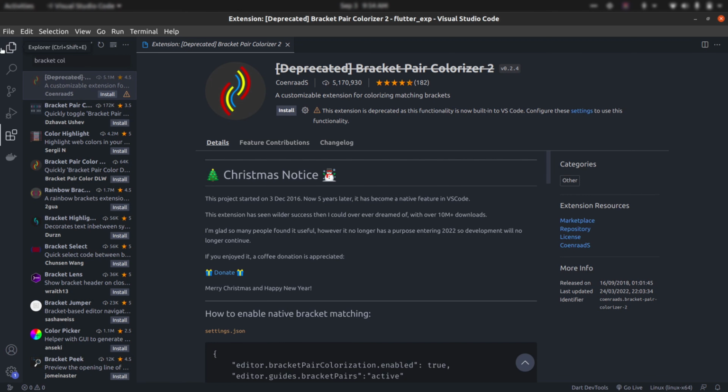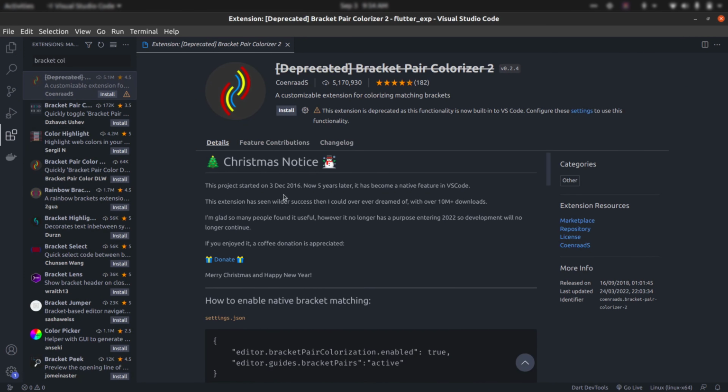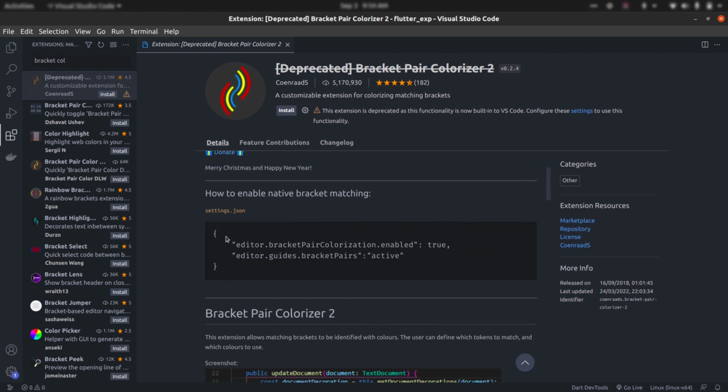So you only need to open your VS Code settings and add 2 lines of code there, and after that it will work perfectly fine. You can get the documentation here as well. You can see in your settings.json file you have to add these 2 lines. So how? Let's see. Just copy these 2 lines